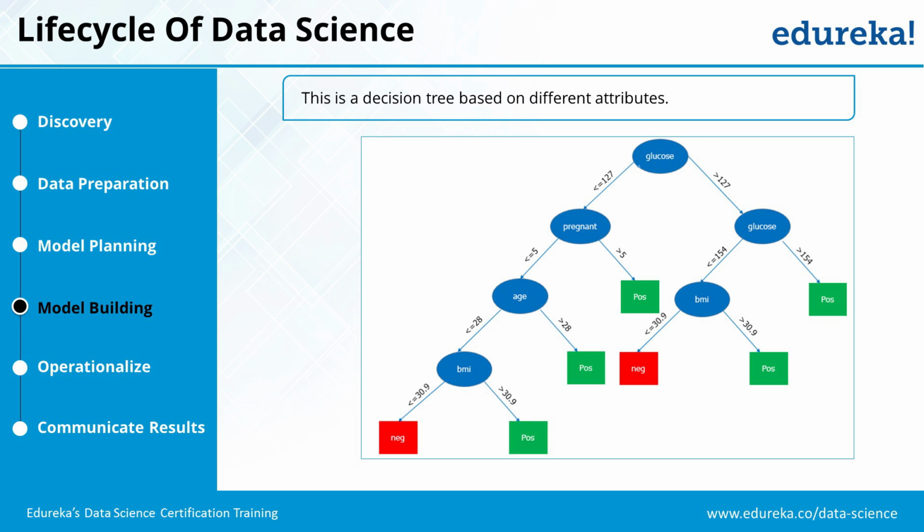They have created a classification based on a decision tree, and these are the green values that show that the results are okay, and the red values that we do not want to consider for our result. This is used when you want to reach a decision which is a yes, no, or true, false kind of decision. So a person with glucose greater than 127 or glucose less than 154 and BMI greater than 30.9 is likely to be positive, likely to have diabetes. Similarly, a person with glucose greater than 127, and if her pregnancy is greater than 5 months, then that lady is more likely to have diabetes. So these are the kinds of insights that you can draw using these models.